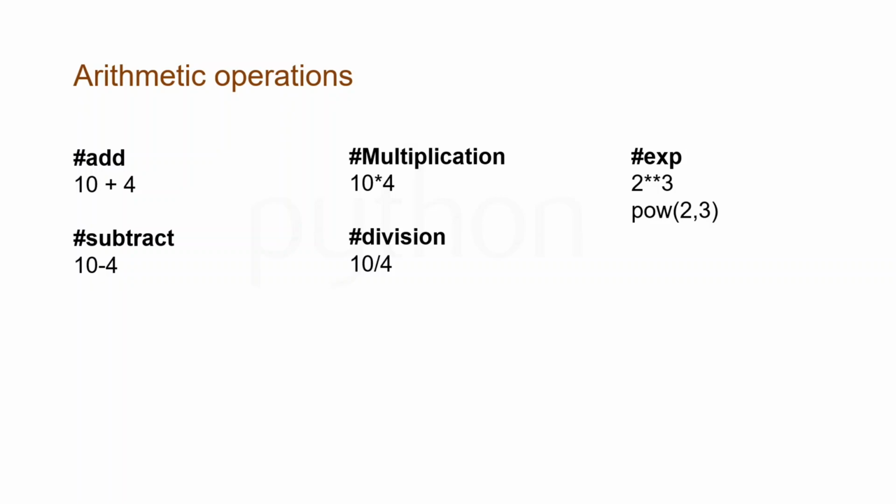And what is exponentiation? I'll show you what exactly it is. Then we'll see about quotient. So quotient, if I give you a brief idea, when you divide 10 by 4, you get 2.5. But let's say if you want just the quotient, which is 2, then how are we going to get it? Similarly, modulus is remainder. Then what exactly it is, I'll show you. So let's move towards our Jupyter notebook and see how we can do such operations.